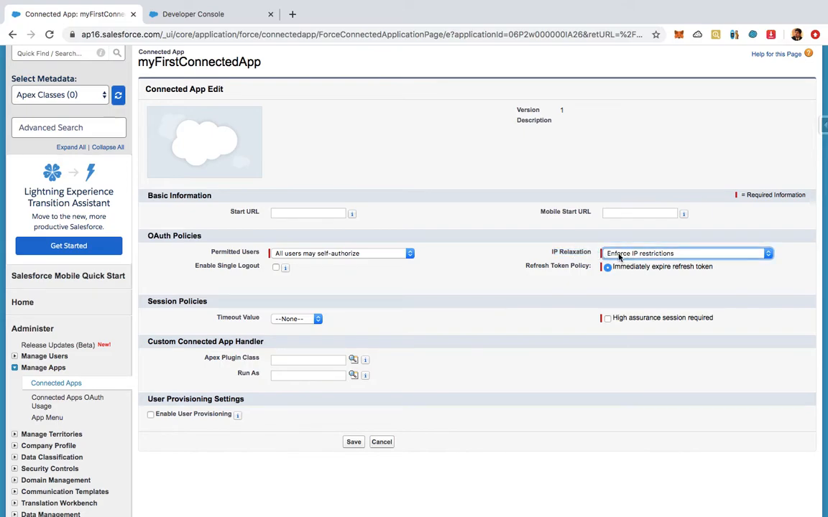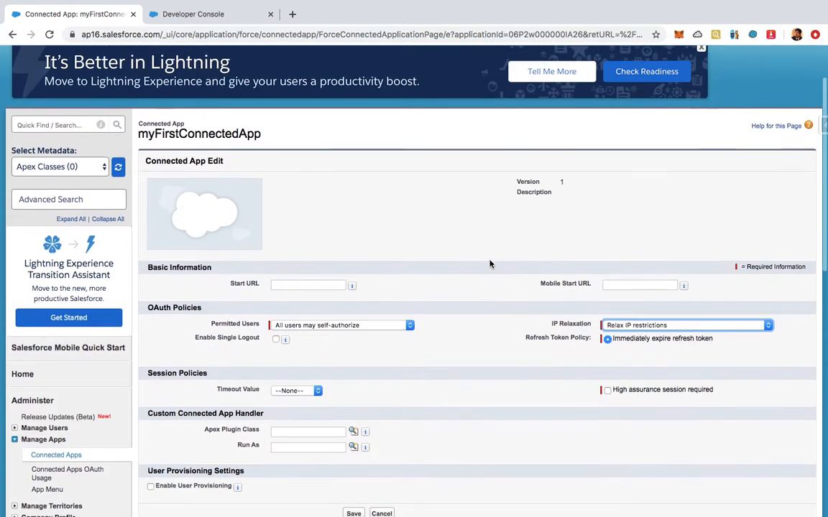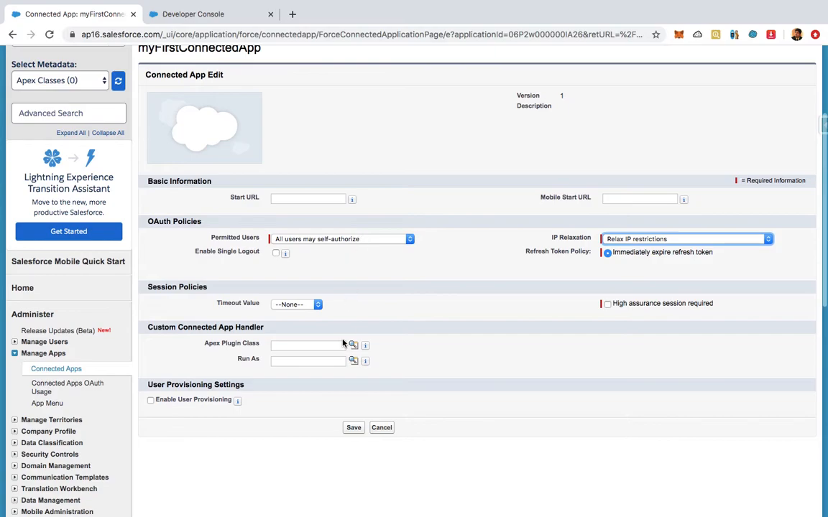So currently it is enforce IP restrictions, but for now I do not want this to happen, so I'll do this as relax IP restrictions, and then I'll save this. This is just for testing purposes, but once you're working for any organization, you need to enforce the IP restrictions. For now I'm relaxing all the IP restrictions, and I'm going to save it,